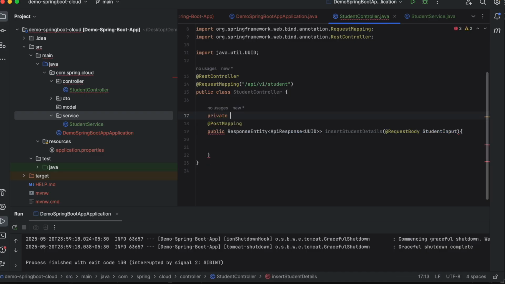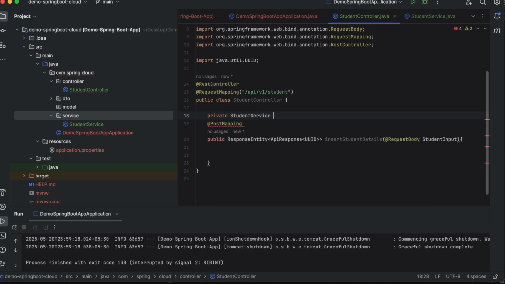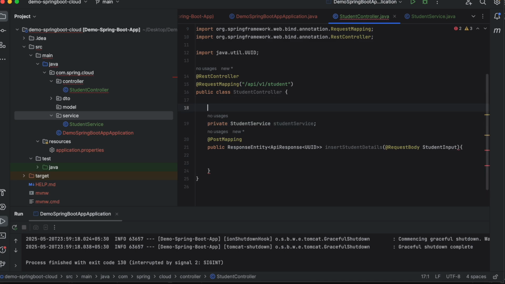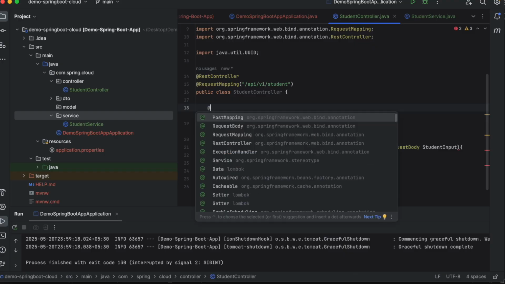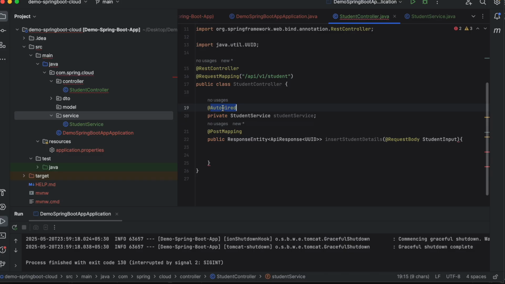We'll define private StudentService and we will do Autowired. Autowired means it will create the object automatically by the Spring Container. Okay, so we have done this Autowired. So we'll have an instance ready for that student service.